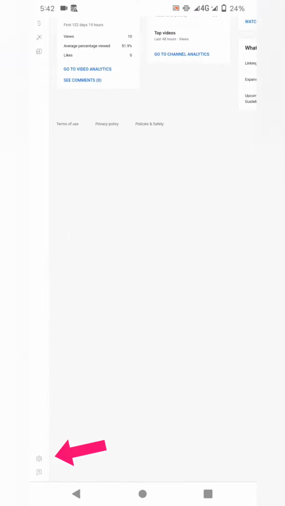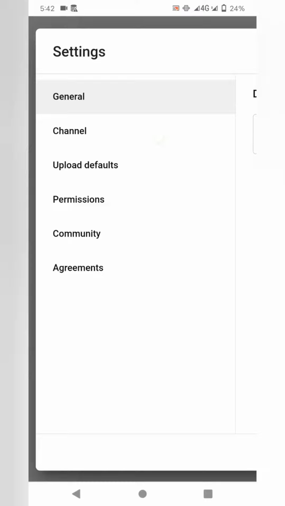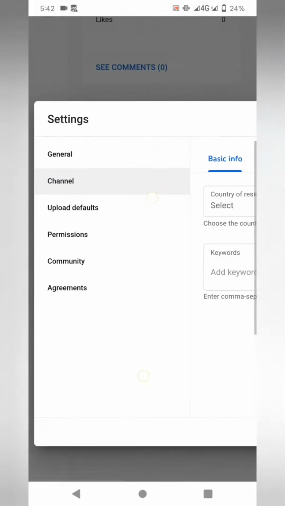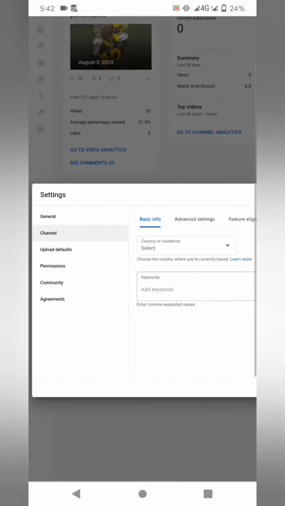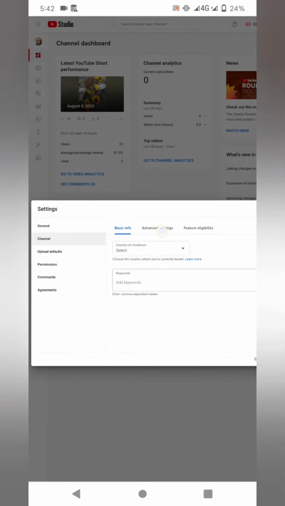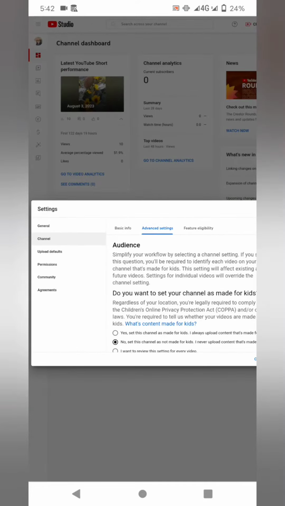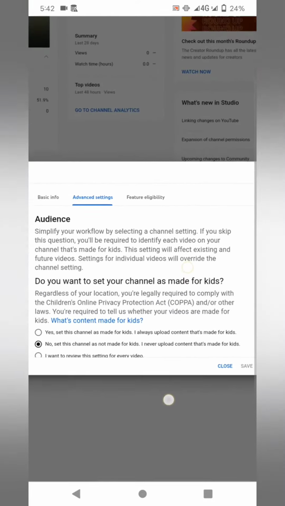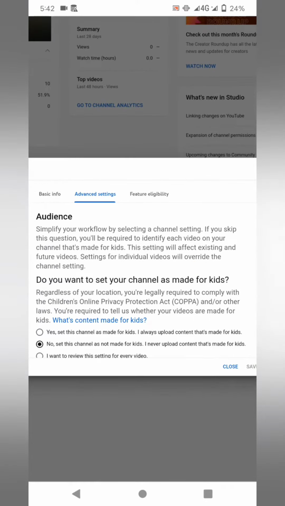Once done, just go ahead to your settings at the bottom left corner right here. And then go to your channel. So in your channel, just go to advanced settings and then you will see here the options